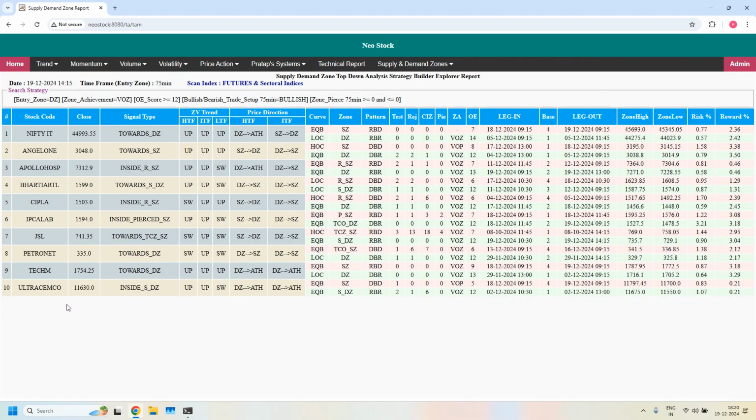With all the 3 filters, we got 10 stocks. These 10 stocks are supporting bullish trade setup for weekly income trade. And all these demand zones are 75 minutes demand zones and entry time frame demand zones. Out of these 10 75 minutes demand zones, let us identify high probability setup stocks based on LTF and ITF